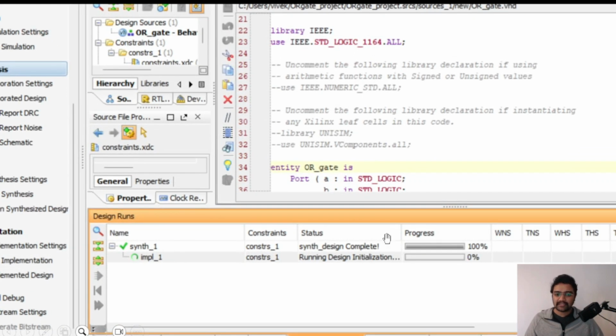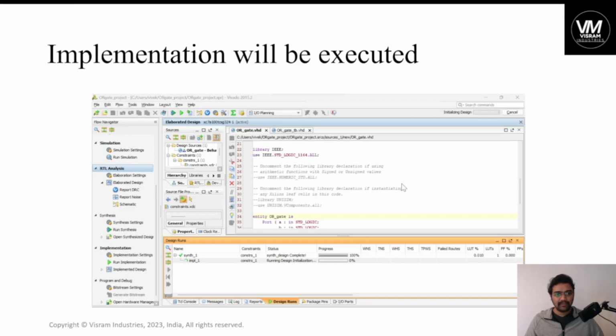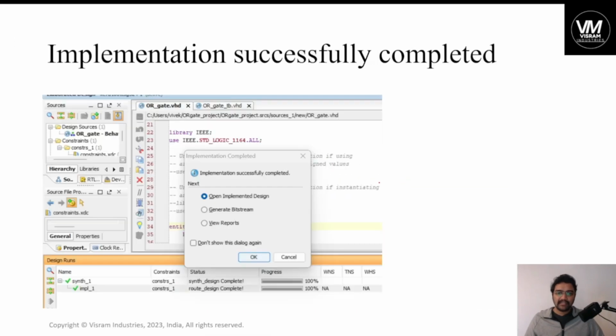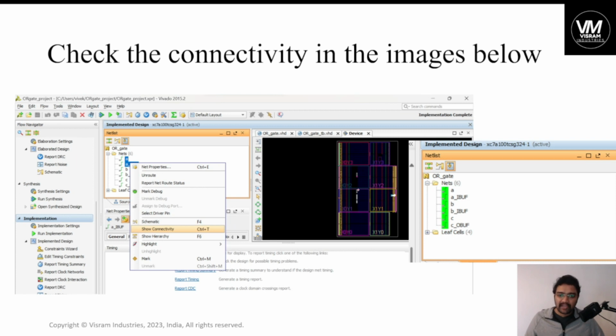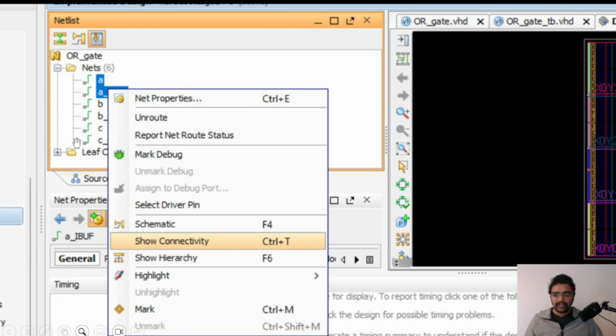After successful completion of synthesis, it will take you to the implementation process. Wait for some time, it might take around 1 minute. Then after successful implementation of the design, it will ask you to open the implemented design. Click on OK. Now again, you will see this window. Okay. Now you are seeing this window. Very good. What you need to do is the same as the previous window. After you click on the device, go to the